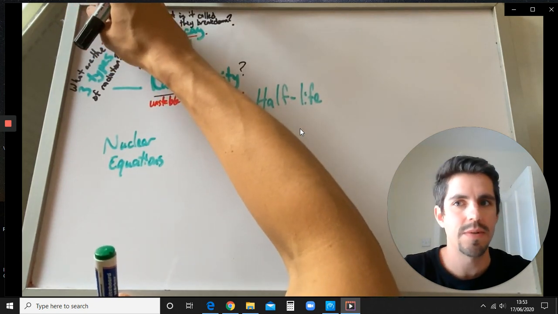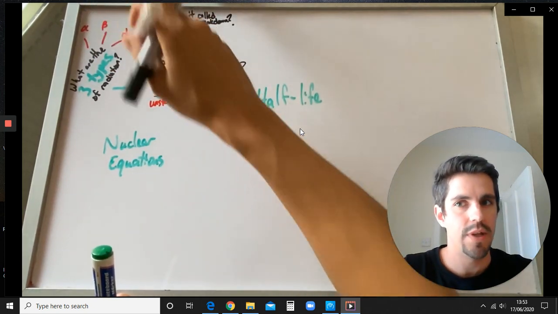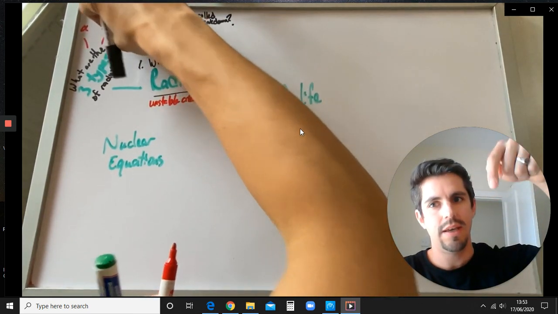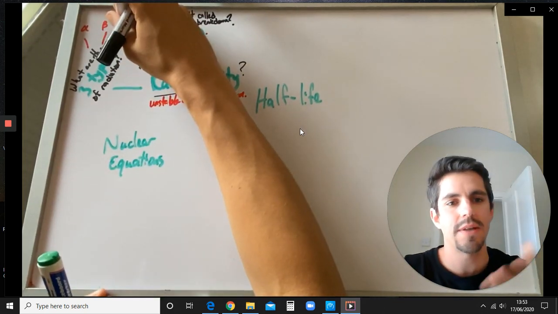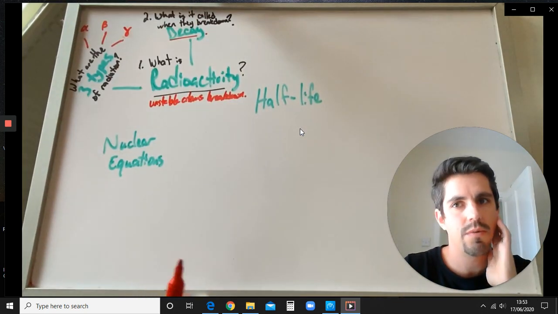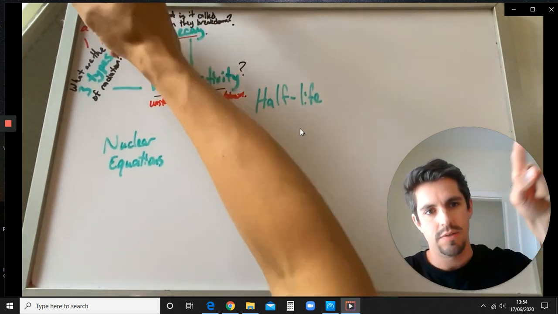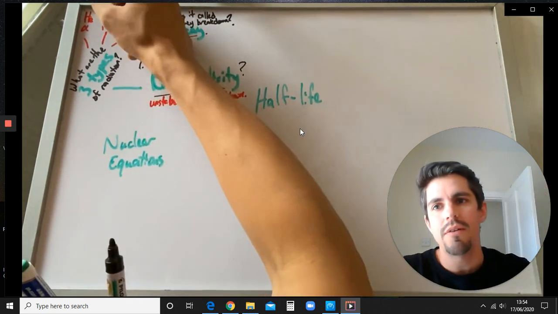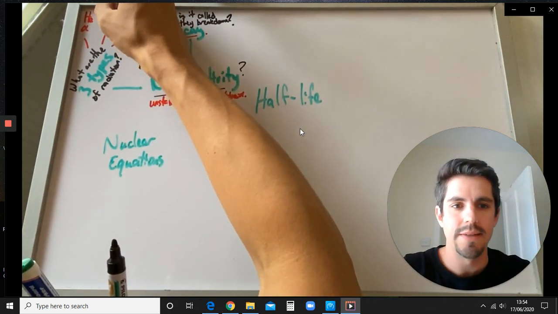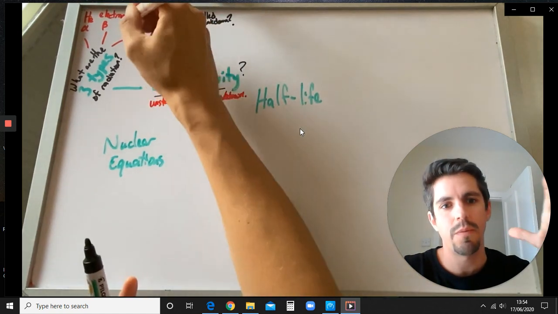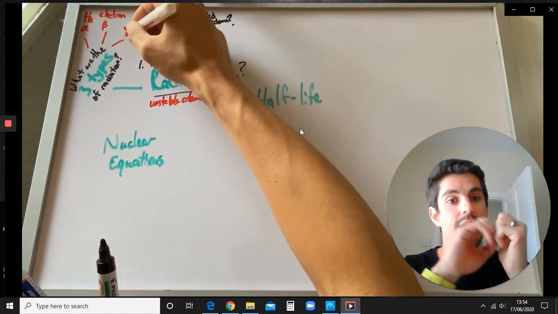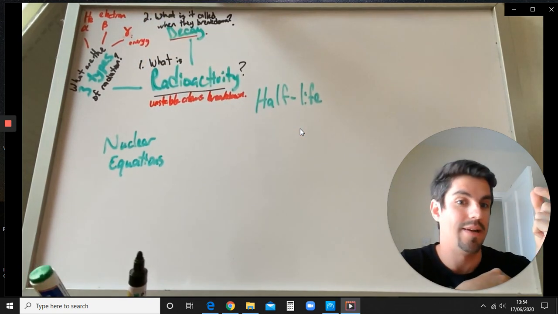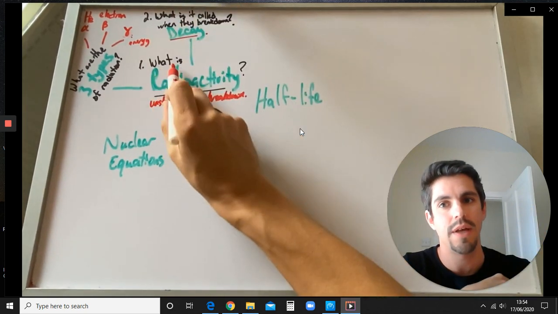So 3 different types. Alpha looks a lot like a little letter A. Beta looks a lot like a letter B, but it's got kind of a little sticky thing coming down. And gamma is like the Greek letter G. Don't worry about the Greek alphabet or whatever, but it's kind of a squiggle like that. Okay? Now, what are those 3 types? Well, alpha is He. That stands for helium. It's basically a helium nucleus. So an alpha particle is quite big. When something goes through alpha decay, it loses quite a lot. Beta decay is a lot smaller. It's actually like an electron. So if something goes through beta decay, it loses an electron.